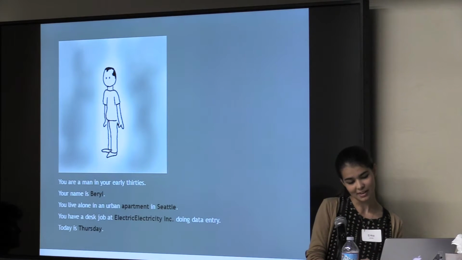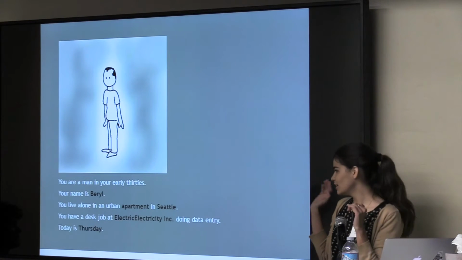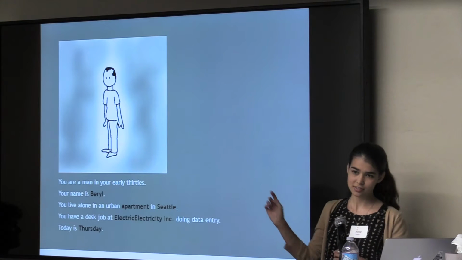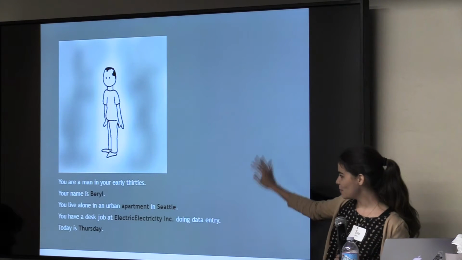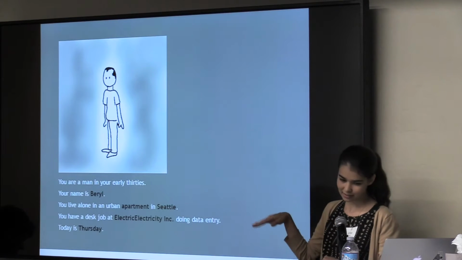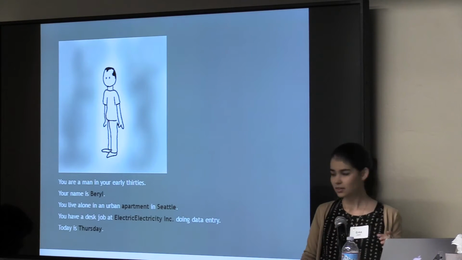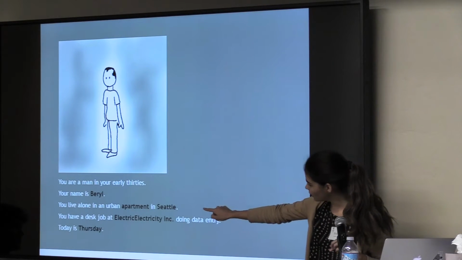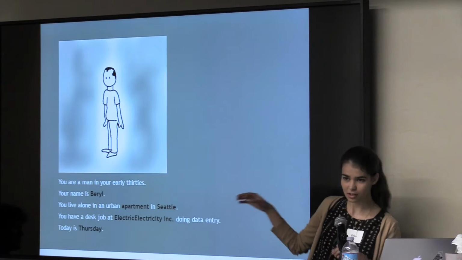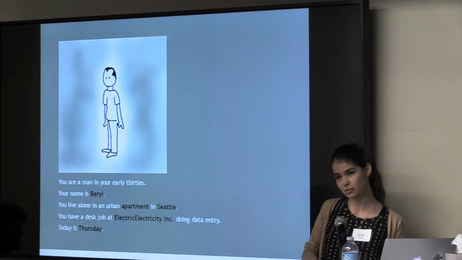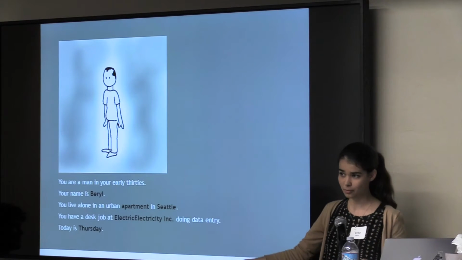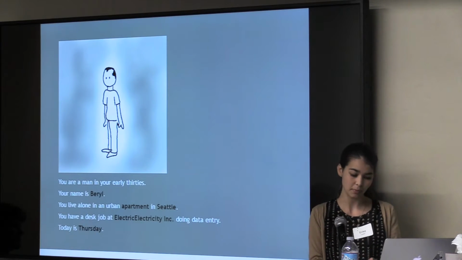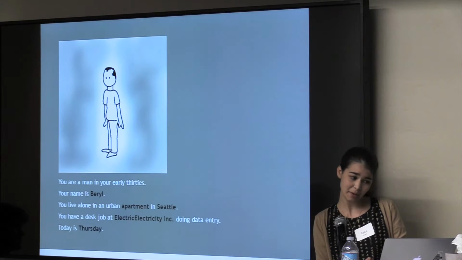To convey this, I made every screen, and this is one of the only pictures. There's not a lot of pictures because I wanted it to be boring on purpose. So it's a gray background and just white and black little things. Most of what you see on here, if you click on apartment or Seattle, it just talks about it a little bit. It doesn't really do anything. I don't give you a lot of choices as the player. You just have to go along with what I want you to go along with, and it's kind of boring. But the thing about Beryl is that